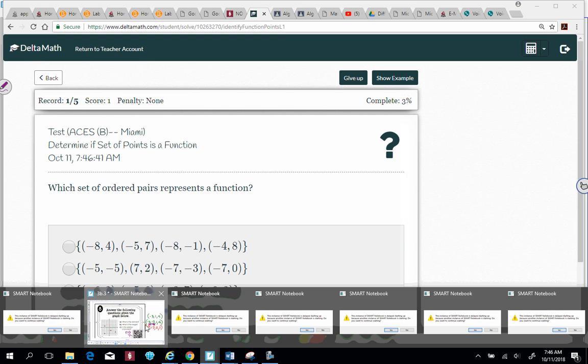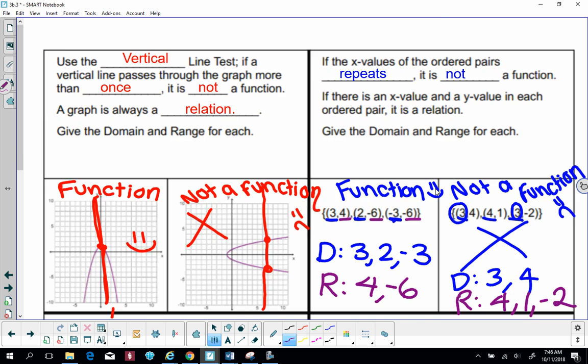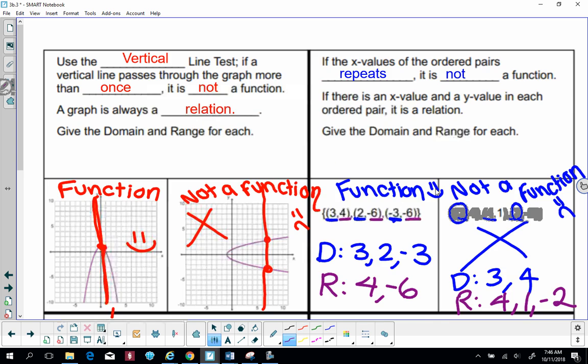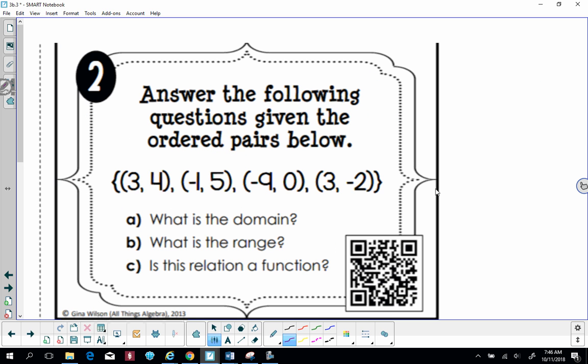So if you want to borrow a computer, you can. When you're done with those two, you can do the activity where you're walking around the room and getting these done right here. And then I want also